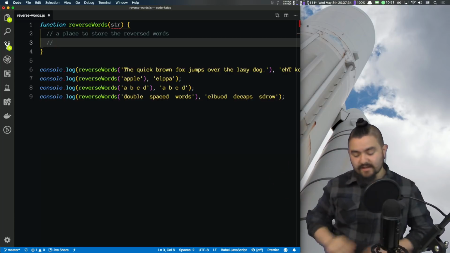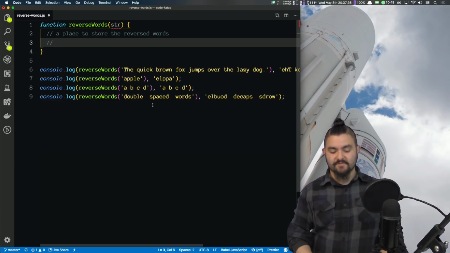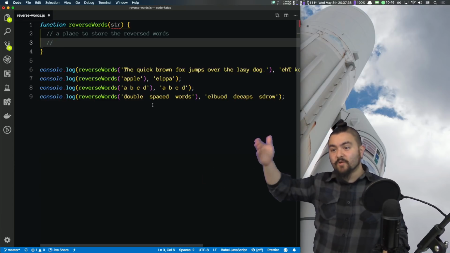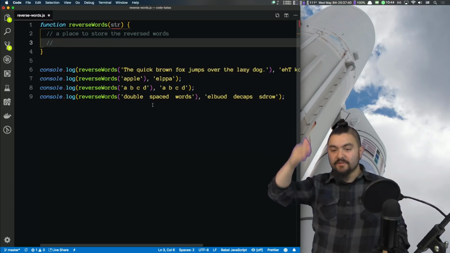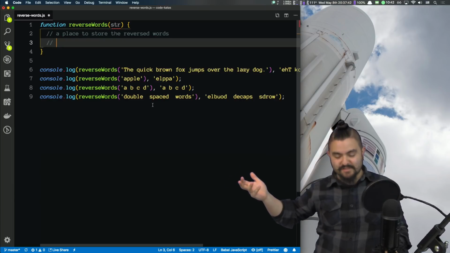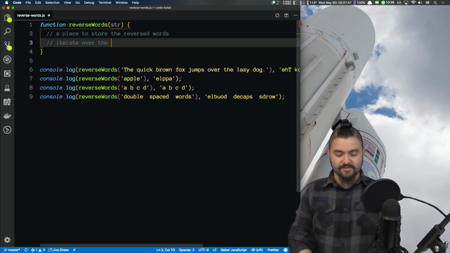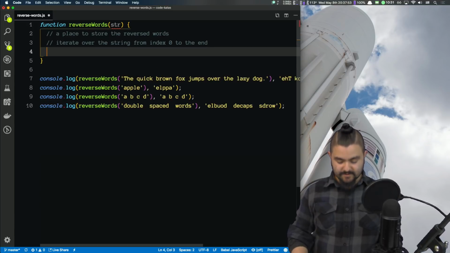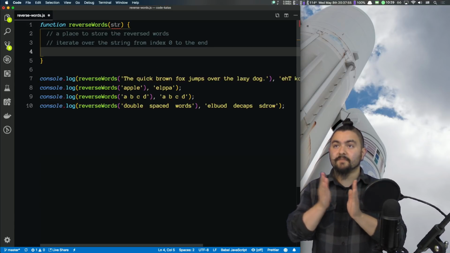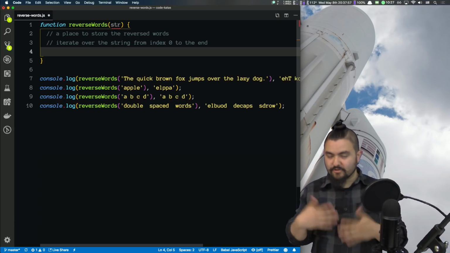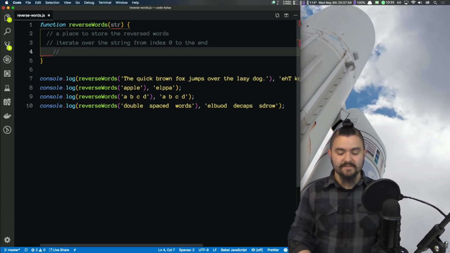You know what? I'm just going to do this in a single pass. So I'm going to iterate over the string, but as we go over the string, we're going to be reversing the words, and that way we won't lose the spaces. That's what I'm going to do. Okay, so let's say iterate over the string from index 0 to the end. Now inside, this is going to be a for loop or a loop of some kind, and inside of here we need to say